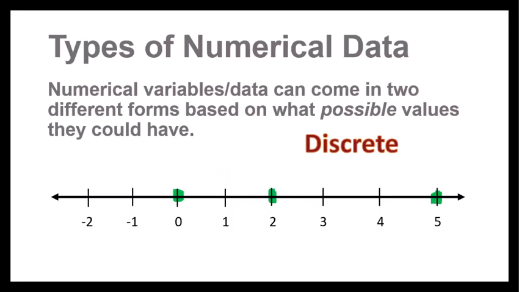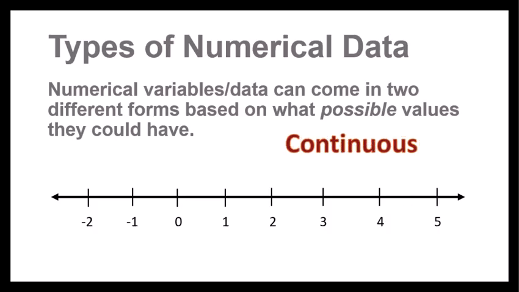For example, shoe size is a discrete variable because you could have size 4 shoes or size 5 shoes or size 4.5 sometimes, but there's nothing in between. So discrete data has specific possible values and it's not a range of possible values. The most frequent type of discrete data is a count. That could be the number of siblings, the number of students in a class, a population value. Those types of things are always going to be whole numbers, so they will be discrete.